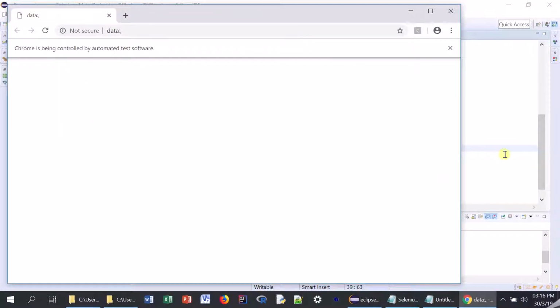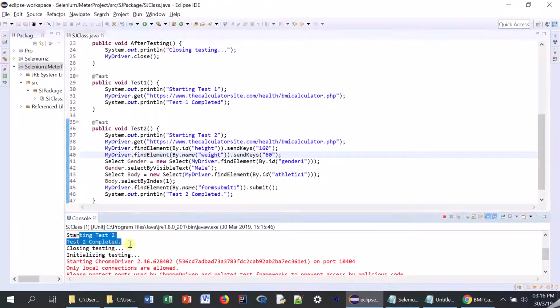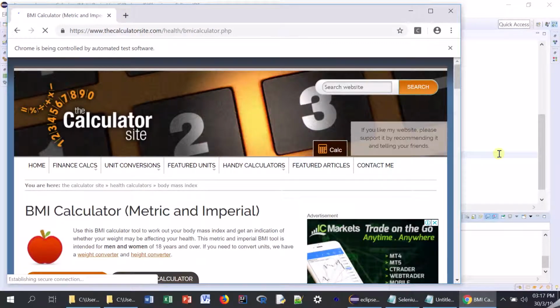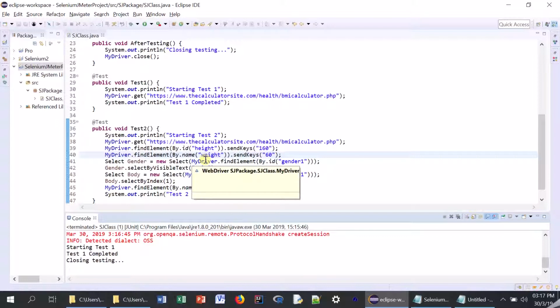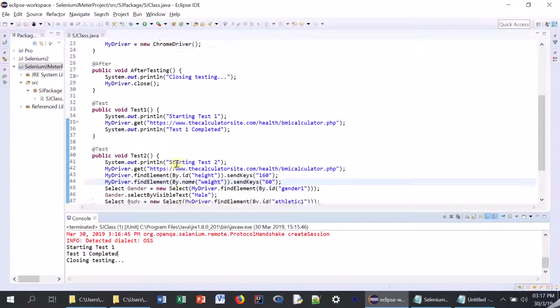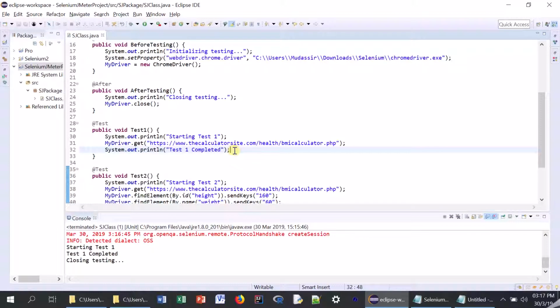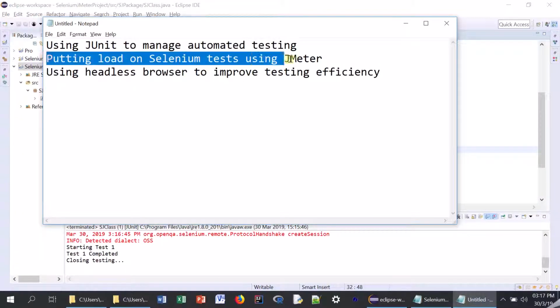Okay, alright. So now it is starting test 1. So starting test 2, it is completed, closed. Initializing testing again from before. Now within the test, starting test 1, and when the website is opened, it will close it, and that's it. So we have learned how to use JUnit to write several tests, to manage them, to do initialization, testing, and finally closing the test. In the next video, we'll see how we can put load on this test using